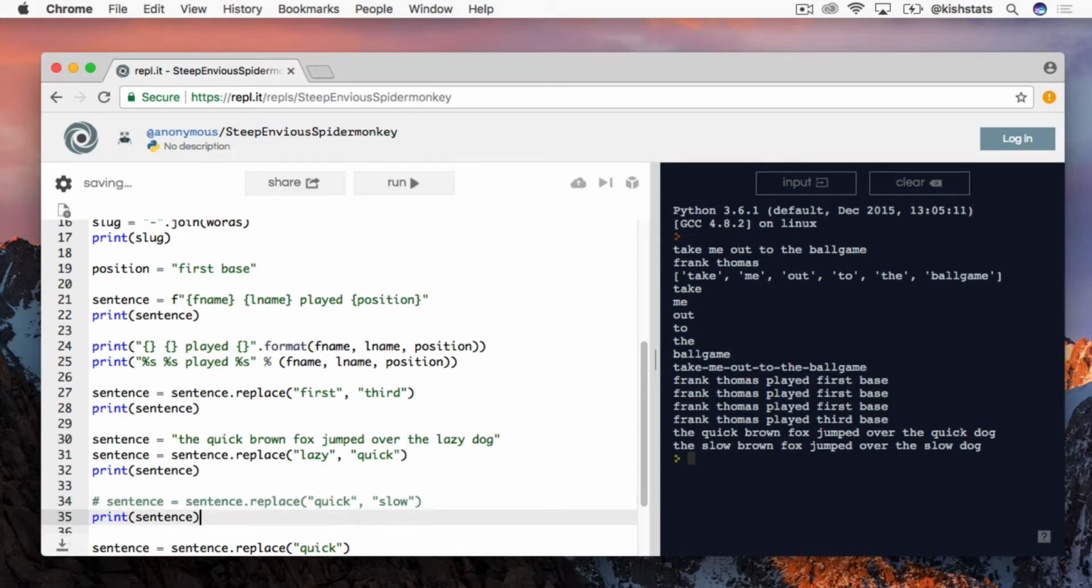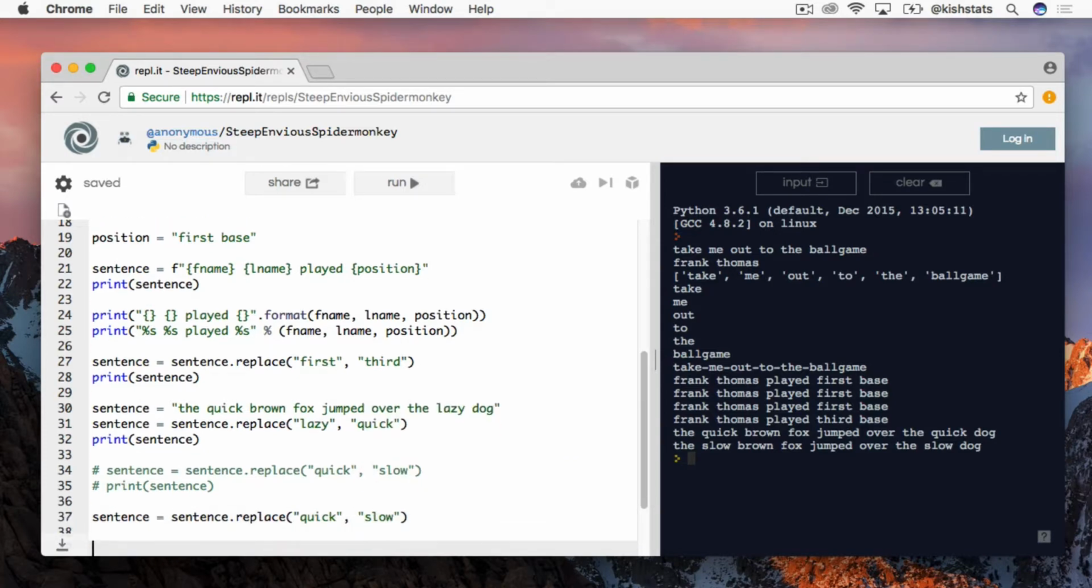I'm going to go ahead and comment these lines out. That way they will not run again. And when I hit Command Enter, which will rerun the entire script, we will be back to the previous sentence that we had, which was the quick brown fox jumped over the quick dog. So if I go ahead and print this sentence,